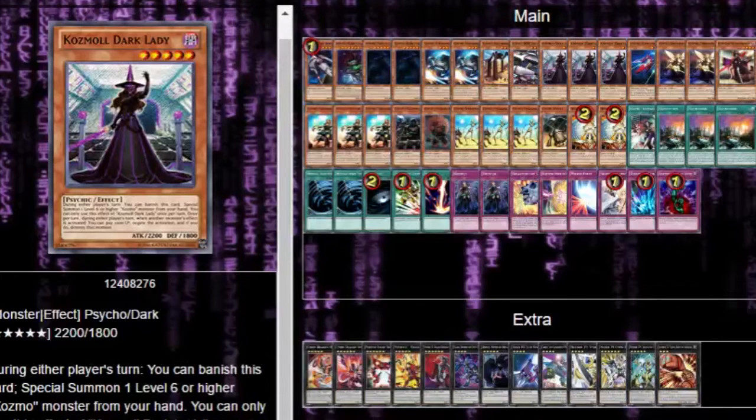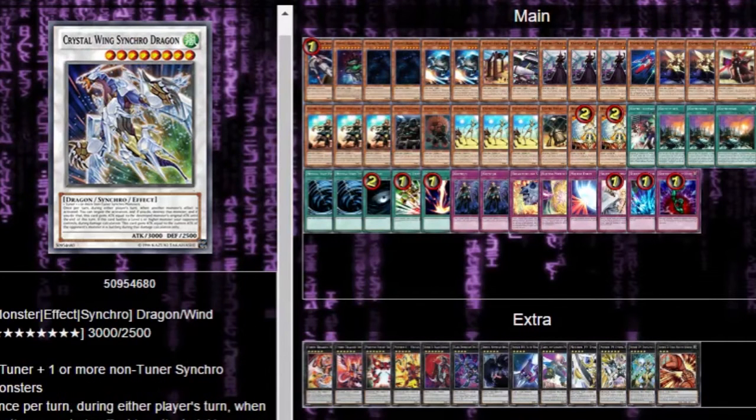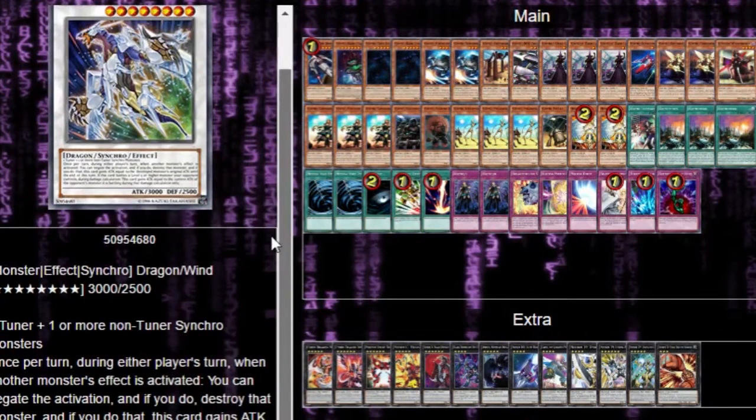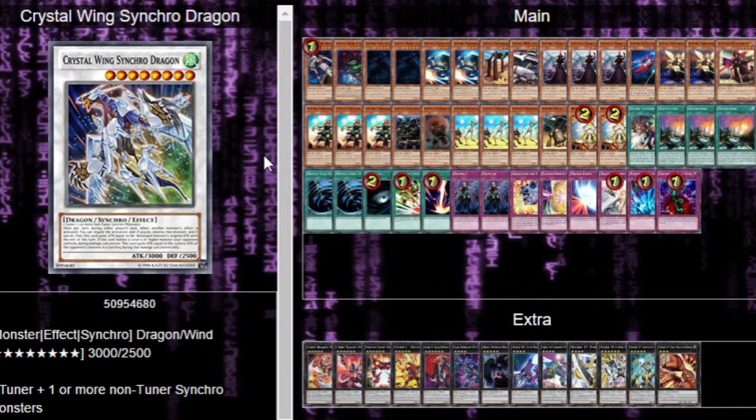there's a monster out there called Crystal Wing Synchro Dragon. Now, this card, when it's returned during either player's turn and another monster's effect is activated, negate the activation. If you do, destroy that card. Then this card gains the attack, blah blah blah. If this card battles an opponent's monster, gain attack equal to it. So you can negate the second effect. However, the first effect you can negate